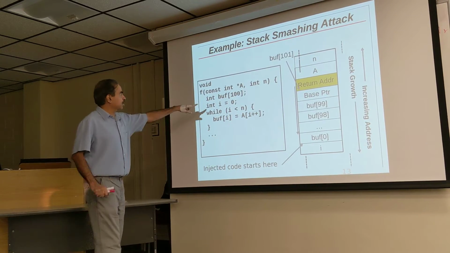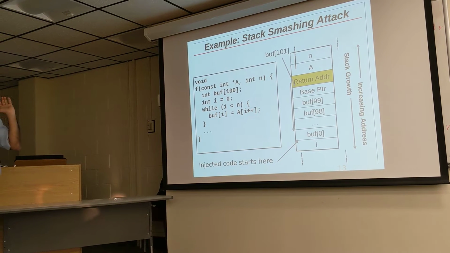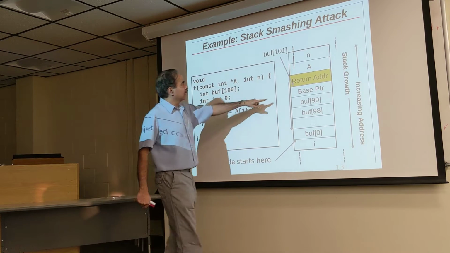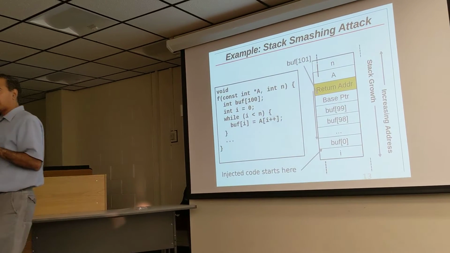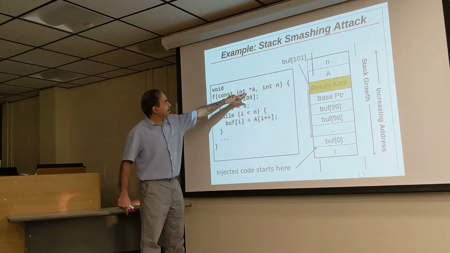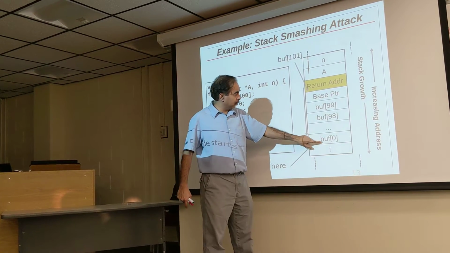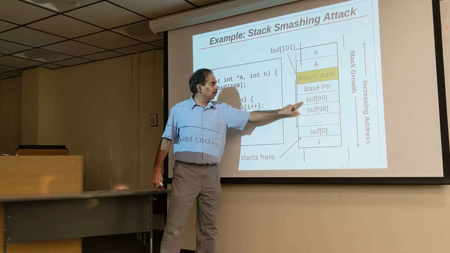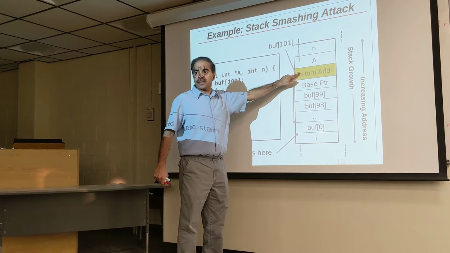So whatever the attacker puts at location 101 of this array A would be the place where this function will return. And what the attacker does is put the return address to point to the beginning of the buffer. Why? Because the attacker already controls all of this, because the program copies all the data from A into buff. So the attacker can put their code in A, let's say in A0 through A99,